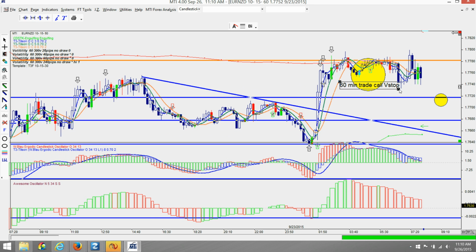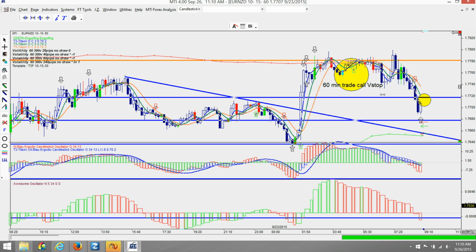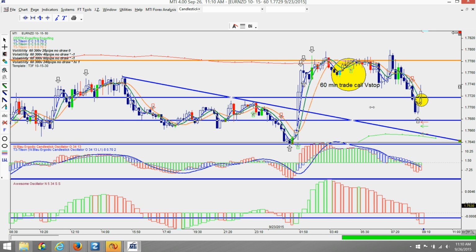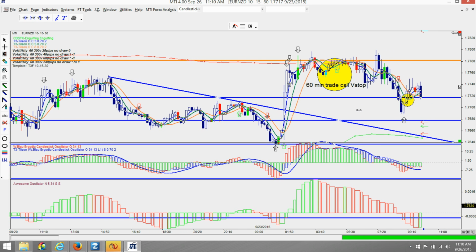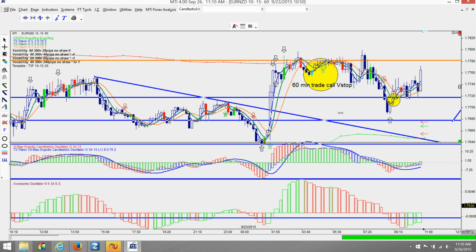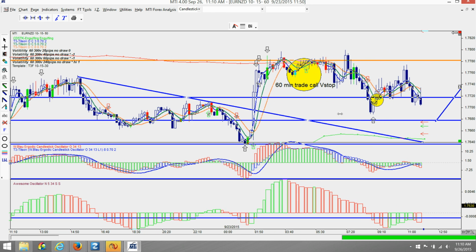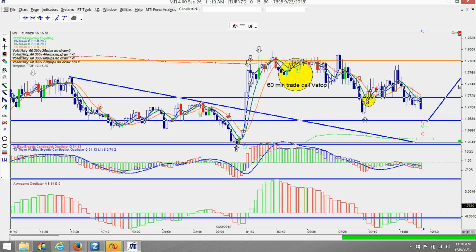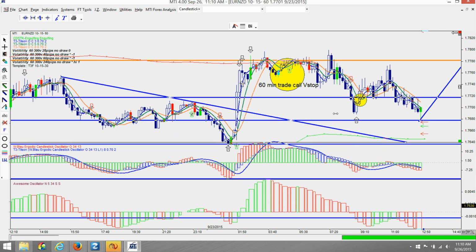Oops, sorry. So just let it go down. Now it calls a sell. You want to ignore that because you're looking for buys. Trend line break. You're looking for buys. Still didn't call a buy trade yet. You've got to be patient, unless you want to enter on this cross, you can. Totally up to you. Or if you want to take the trade signal itself on the 60-minute, you're going to